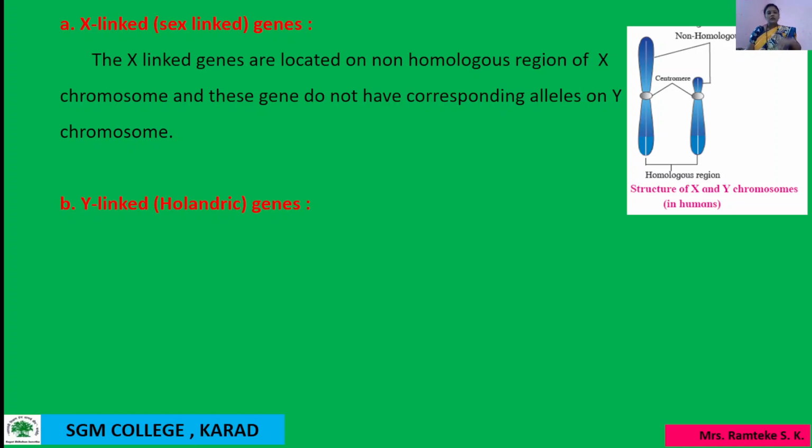In the female, two recessive sex-linked genes are required for the sex-linked trait to be expressed. If one X chromosome carries a recessive gene for a sex-linked trait, that is the defective gene, then its defect is suppressed by the dominant gene present on the other X chromosome. The female with one recessive gene is a carrier. The carrier female is physically normal as she does not suffer from the disease.